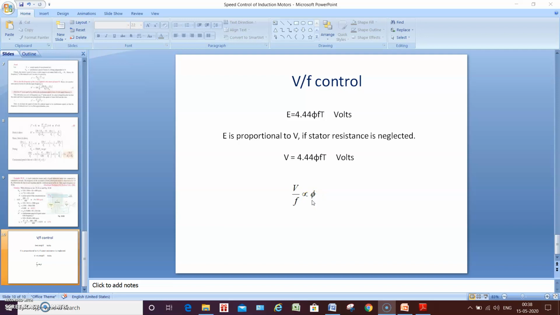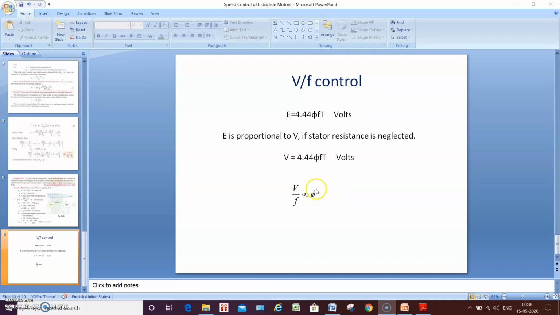It will also increase the core loss because the current is increased. So the core loss will be increased and the stator copper losses will also be increased. Another drawback is that it is going to increase the acoustic noise. So these are the drawbacks of increased magnetizing current drawn from the source. So that should be avoided.